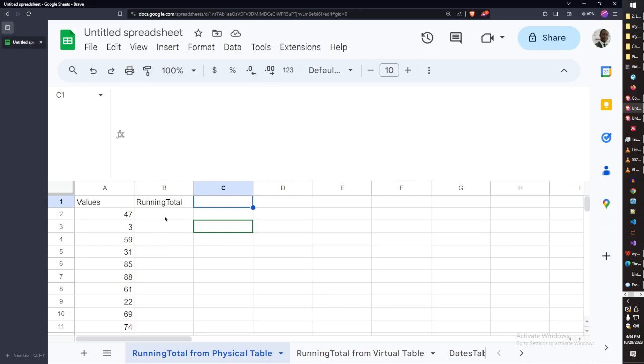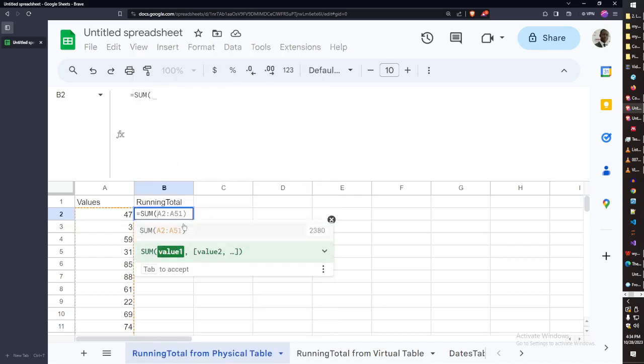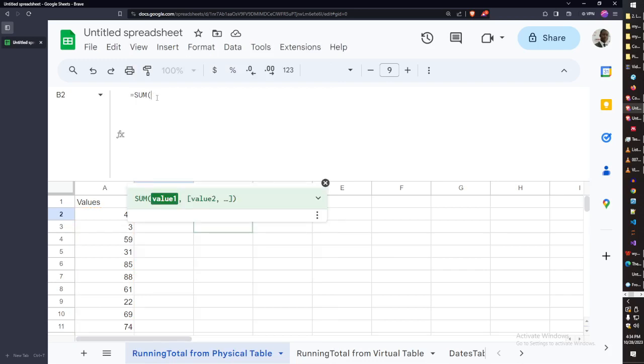The first one begins with just a tweak. Now we can use the SUM function, which is pretty much just to run a sum. But the tweak in running the SUM function in order to be able to generate a running total depends on what we call